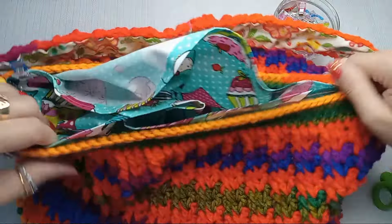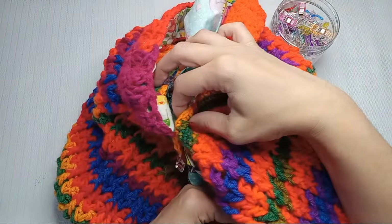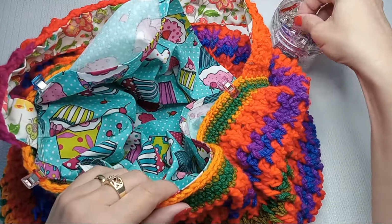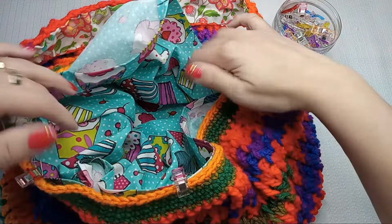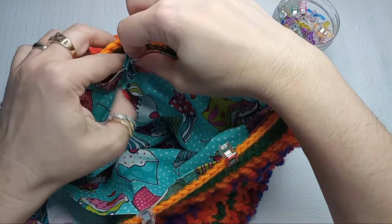So now we'll do the same thing on the front and the back. So here we have the middle, right, on the fabric. And this is the middle of your bag. So make sure when you measure them, they also match there. Because we have extra fabric, we make sure we distribute it equally everywhere. So if this here is my pleat